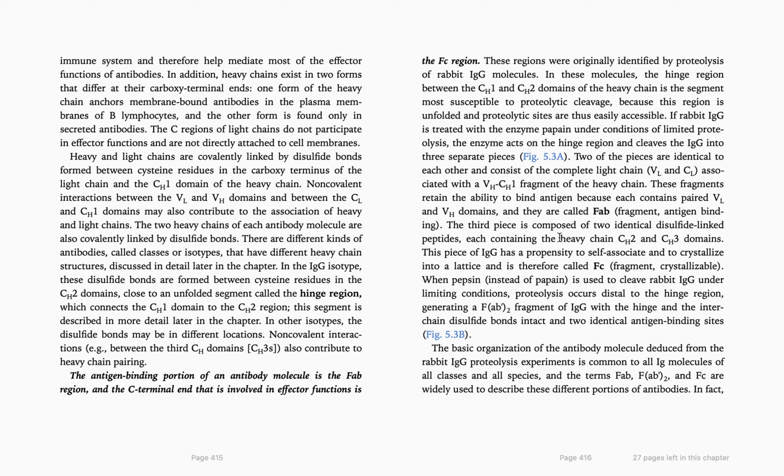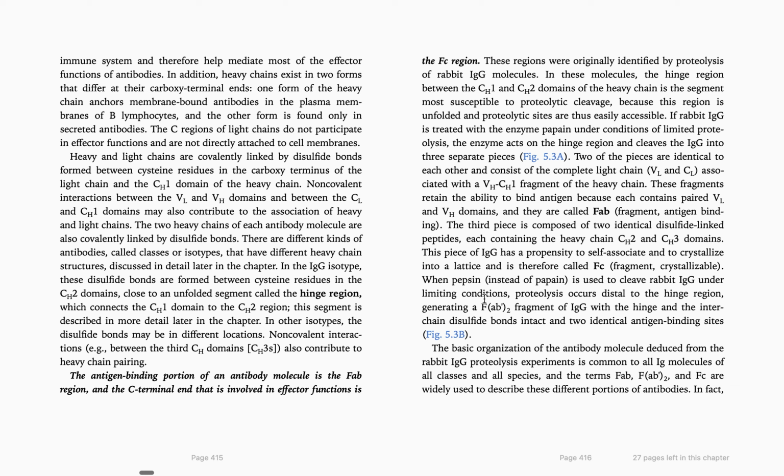The third piece is composed of two identical disulfide-linked peptides, each containing a heavy chain constant heavy chain 2 and constant heavy chain 3 domains. This piece of IgG has a property of self-associating and crystallizing into a lattice, and is therefore called Fc, fragment